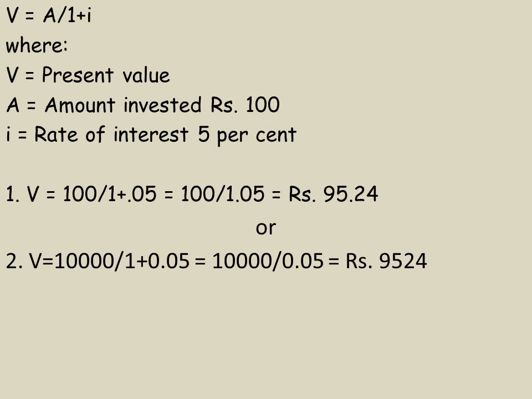So what is the meaning of the discounting principle? Here, what do they discount? They compare the 10,000 with the future year and discount the value of the money. The difference, 10,000 minus 9,524, is the discount. They are discounting the value compared with the future year. This is the discounting principle, how to calculate the discounted value and find the present value.